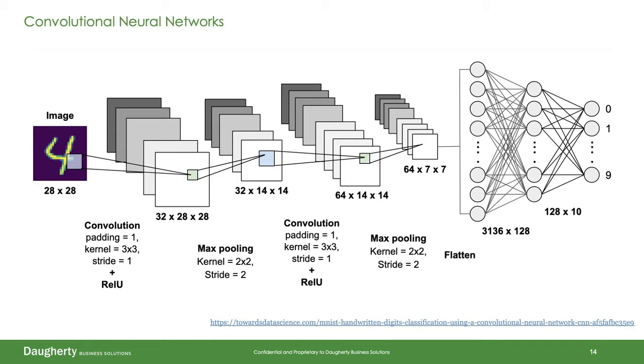So, for example, the top neuron might be looking for vertical lines in the image. But since it depends on the inputs in the image, it's looking, let's say, for vertical lines in the left side of the image. The next neuron might be looking at vertical lines in the right side of the image. Now, to you and me, a vertical line is a vertical line. It doesn't really matter where it is. So you can imagine, for this, it's a pretty straightforward image. But the more complicated our features are and the bigger our data, you can imagine the parameters kind of grow